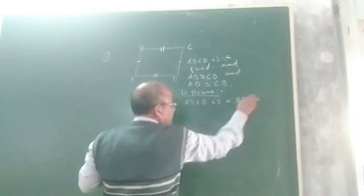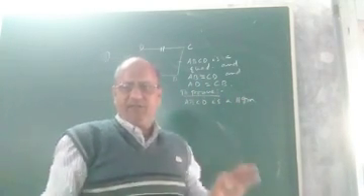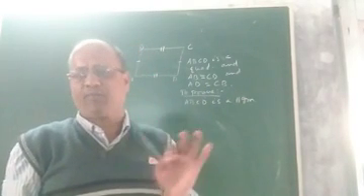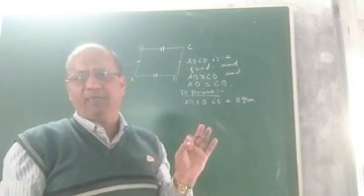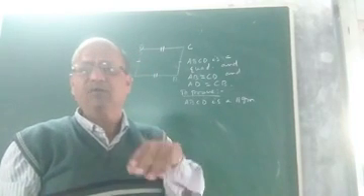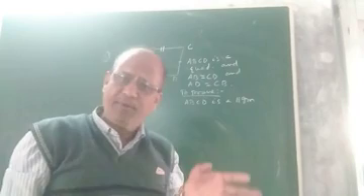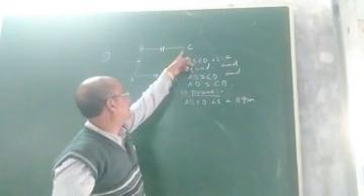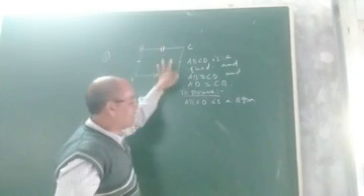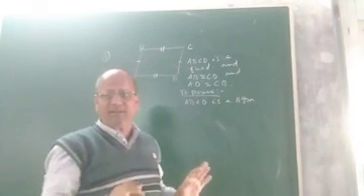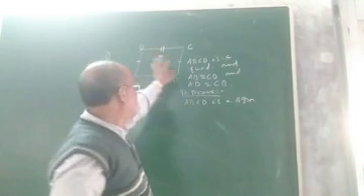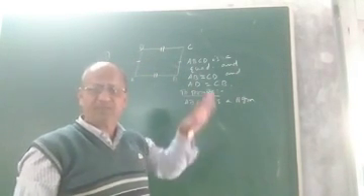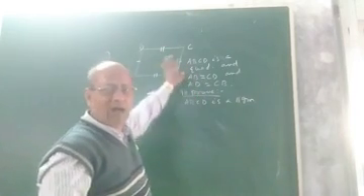Now children, the point is, how can we show a quadrilateral as a parallelogram? What is the main condition for any quadrilateral to become a parallelogram? I think you know. The condition is: if both pairs of opposite sides are parallel, that means if AB parallel to DC and AD parallel to CB, that will be the sufficient condition to claim a quadrilateral to be a parallelogram. Both pairs of opposite sides should be parallel.